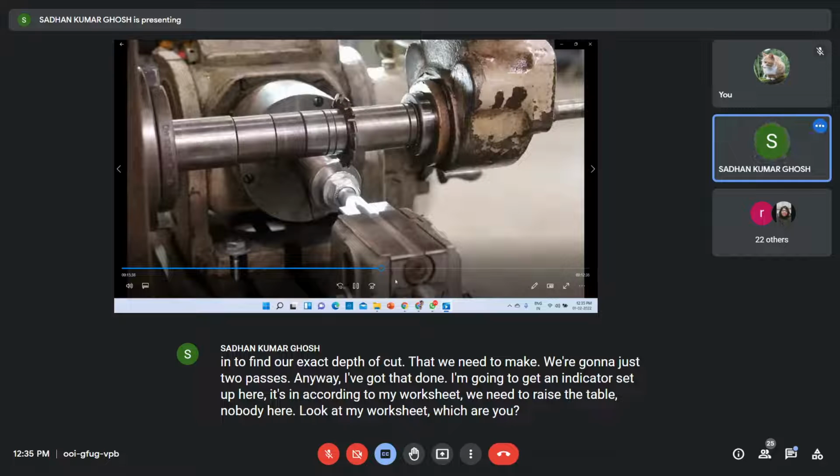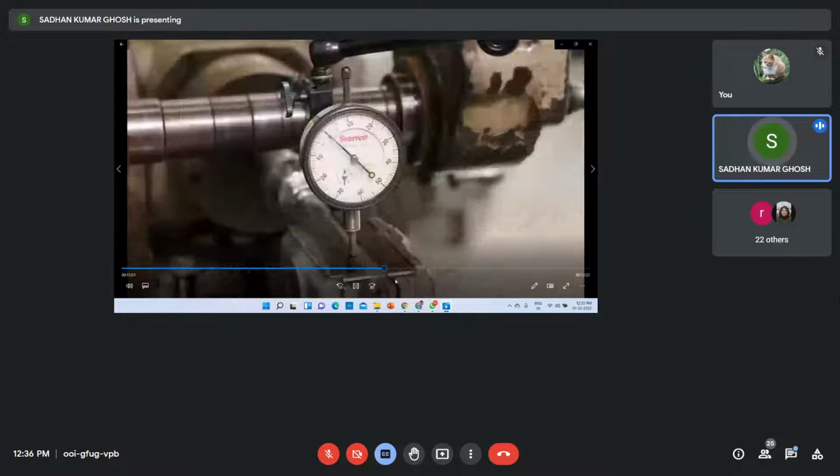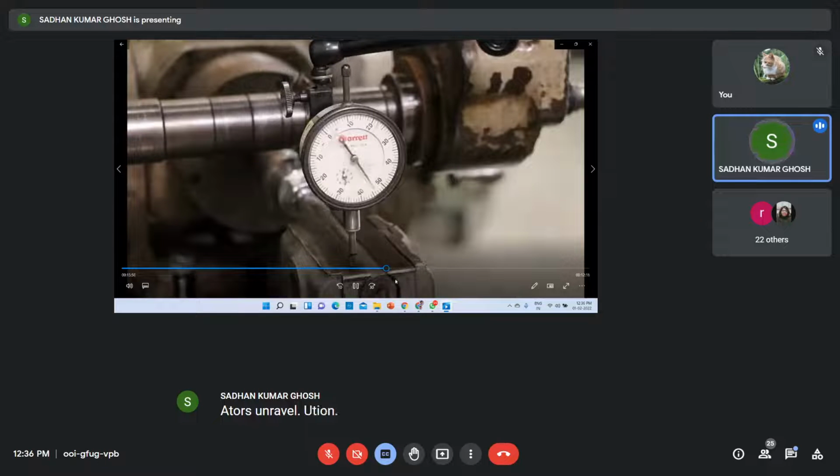Get the measure across ends, determine the actual amount we need to come up, and then we'll finish it up on that. So let me grab an indicator, we'll get our first step set here. And I got my indicator set here. We need to come up 100,000ths, which will be 1 revolution on that dial. And so up we go.